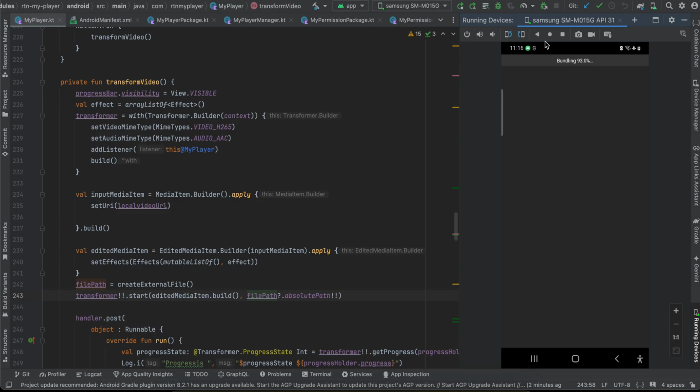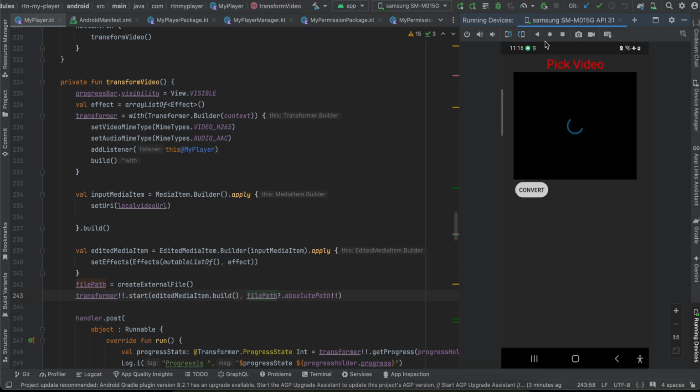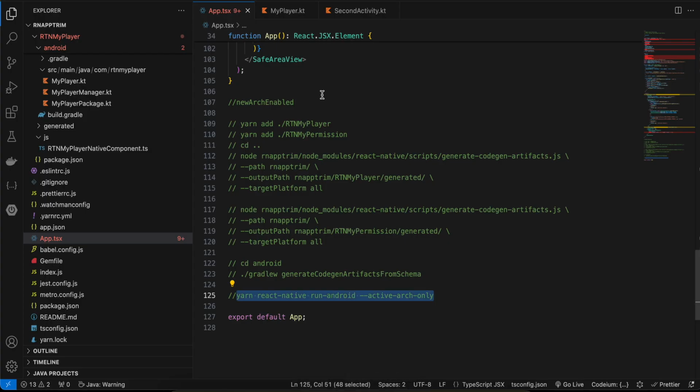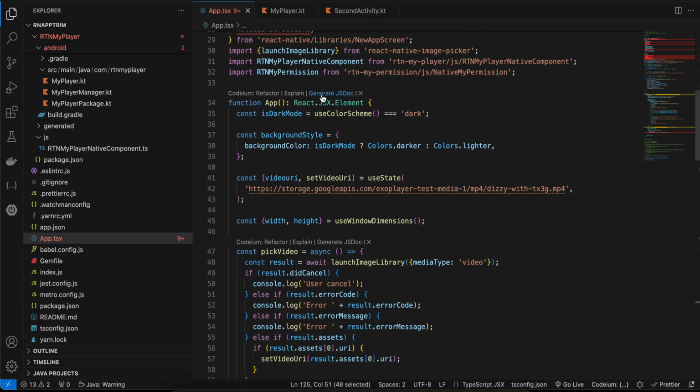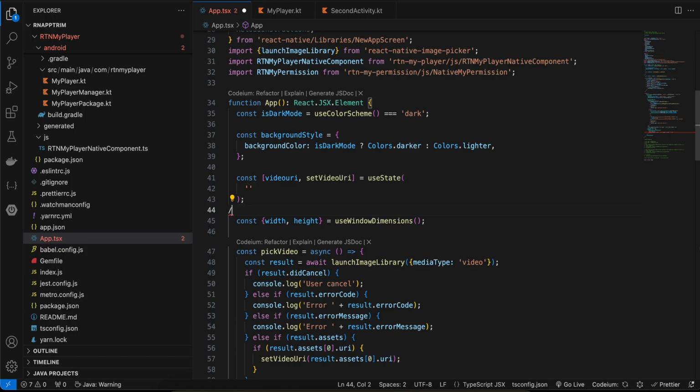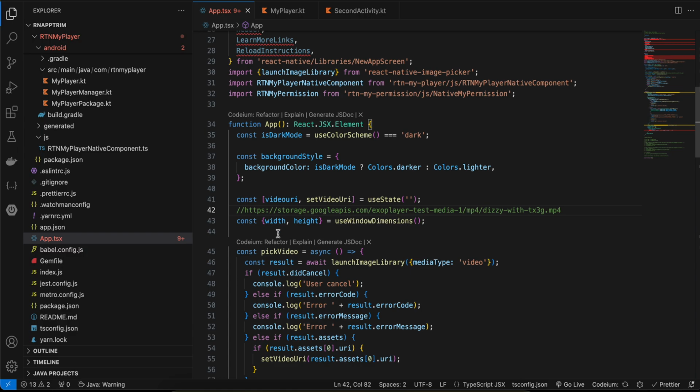Because I'm mirroring my device, that's why there is a little bit of lag. Okay, oh sorry, wait, I'll make few changes. Okay,